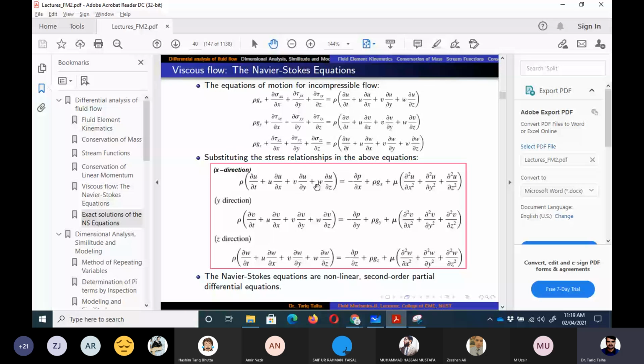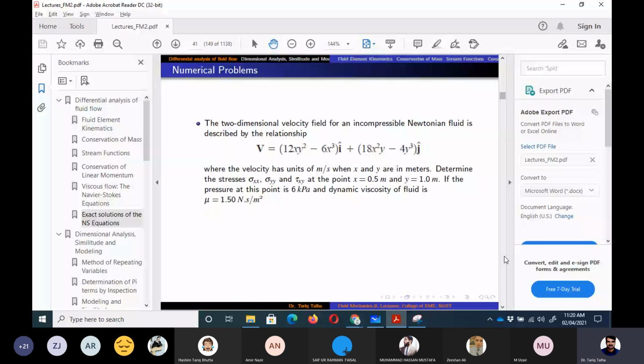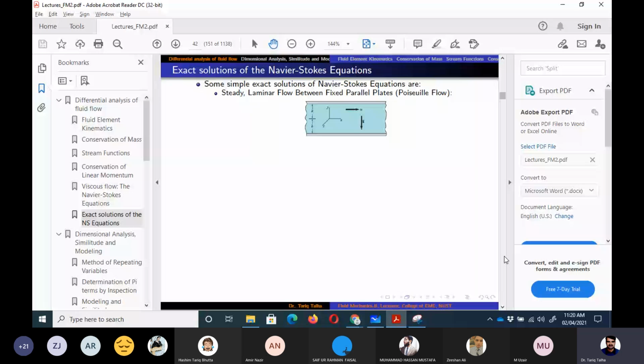The third simplification is if it is a one-dimensional flow. It means that only the gradient in one direction is important. Then our governing equation can be reduced to an ordinary differential equation, rather than this partial differential equation. Those are the cases which we are going to discuss in this class. So the first of those cases where the exact solution of the Navier-Stokes equation is possible is the steady laminar flow